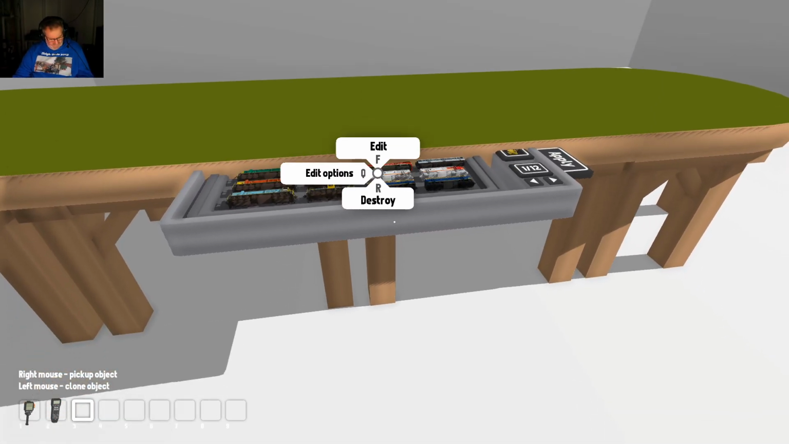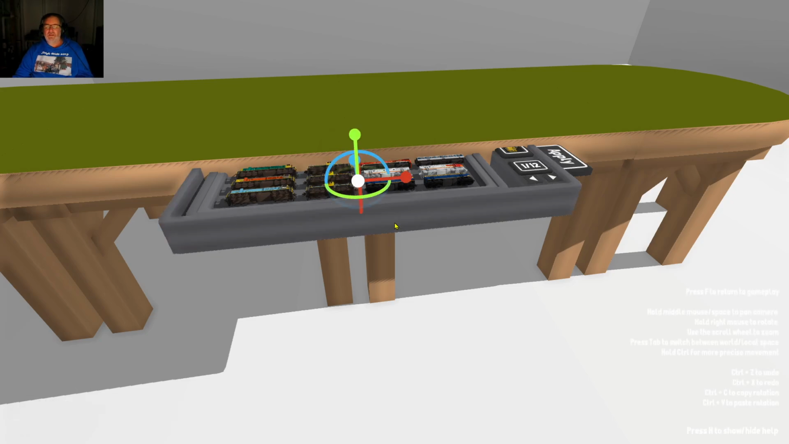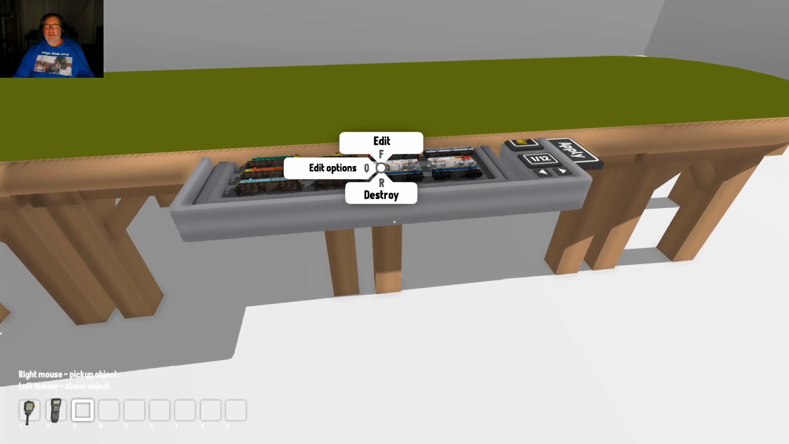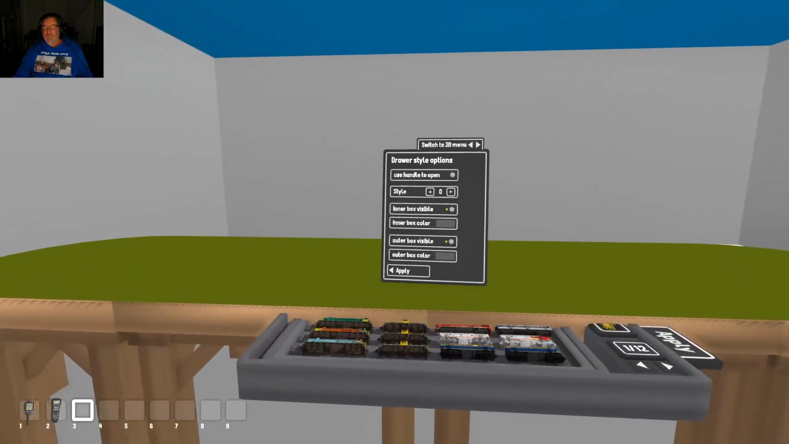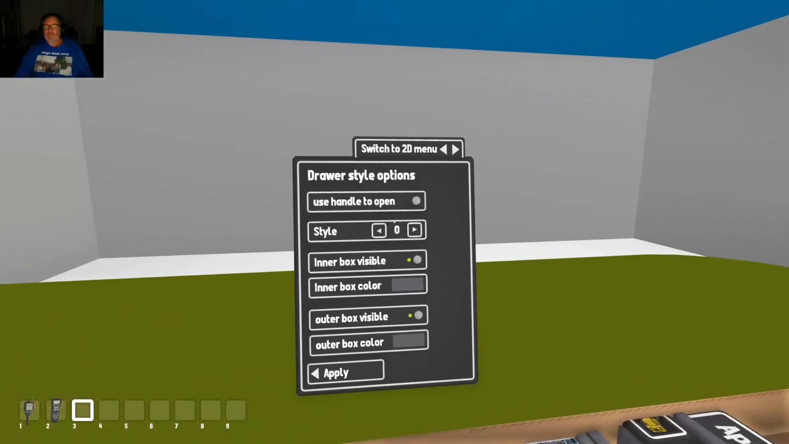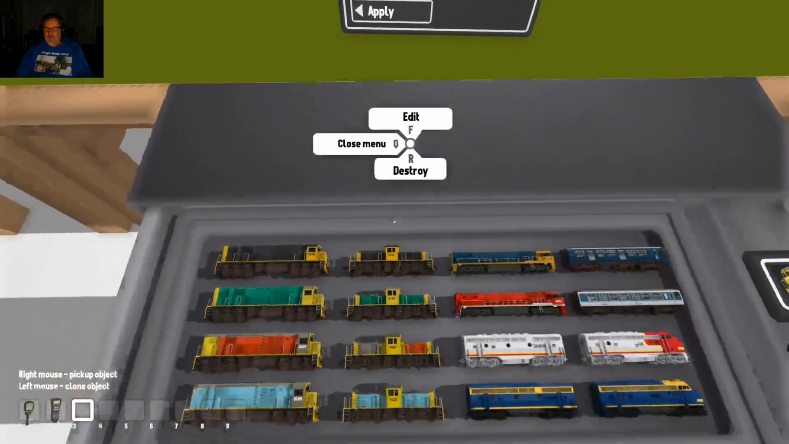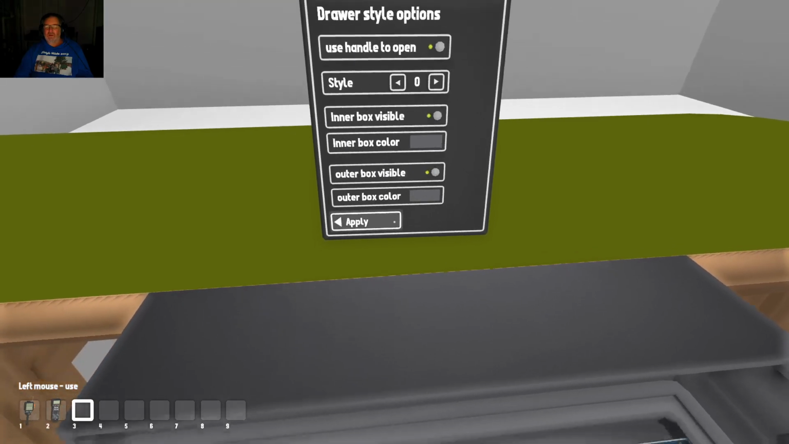Now we're going to edit this drawer. For the purposes of this, we're just going to hit the F key. All right, let's hit the F key again. Edit options is what we want, the Q key. So it pulls up our little menu here. So we want to utilize the handle. Go with the standard size. We're going to change